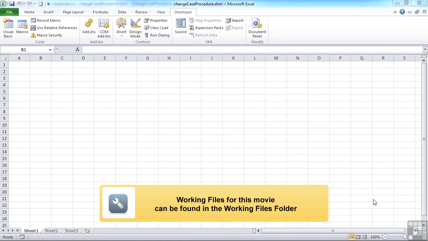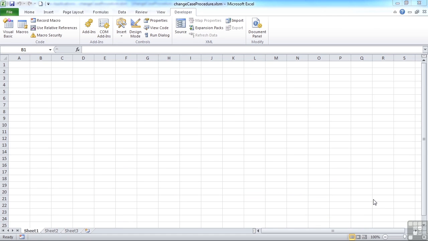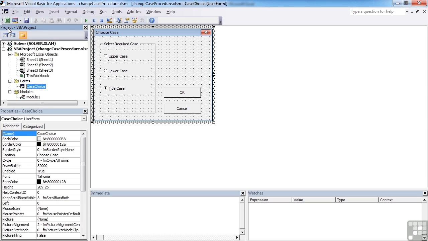We've covered a lot. We've done a lot of things and we've dug into this VBA. One area that we've skirted around really though is where to store the code. Currently, all the code is stored in the same file that you are working in. So if we take our change case procedure as an example, when we go into the Visual Basic, we'll see